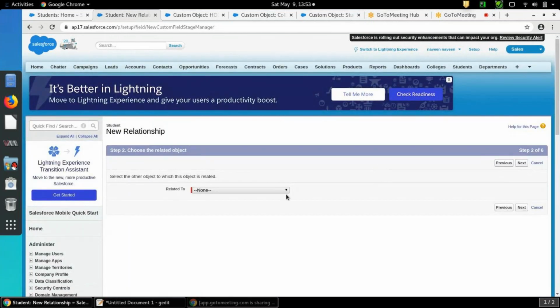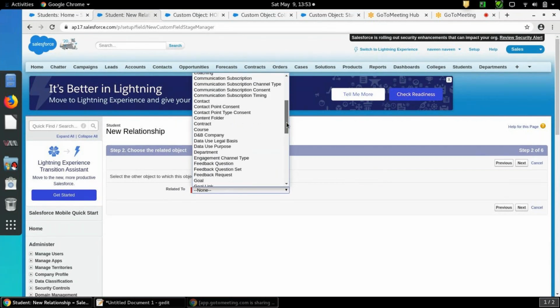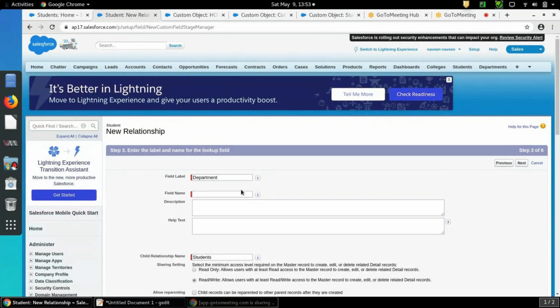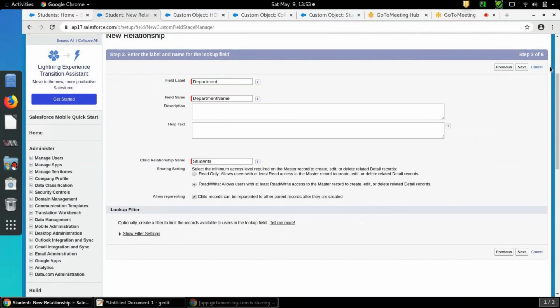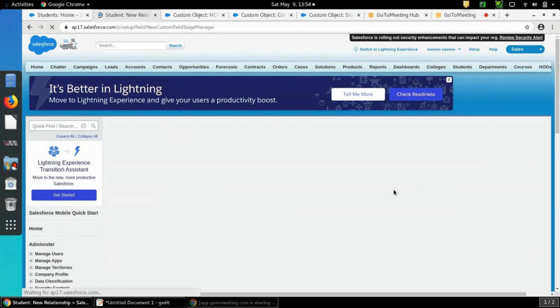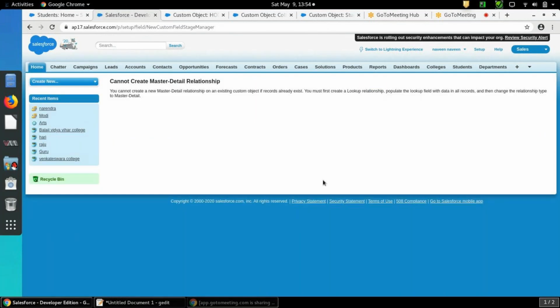Next. Which object do you want to relate? Department. Next. And allow reparenting. Click on next. Next. Save. Can you see? You cannot create a master detail relationship.